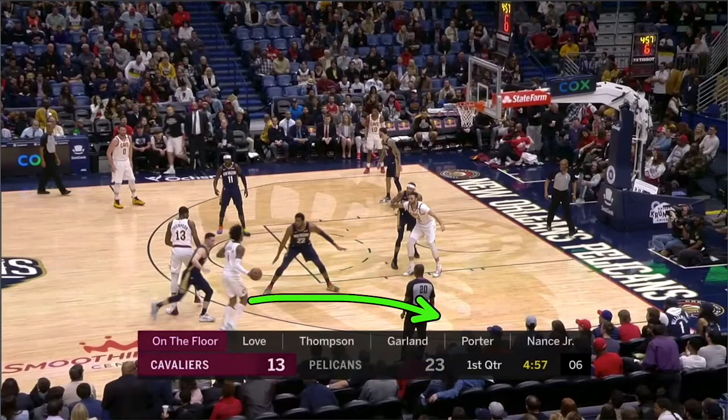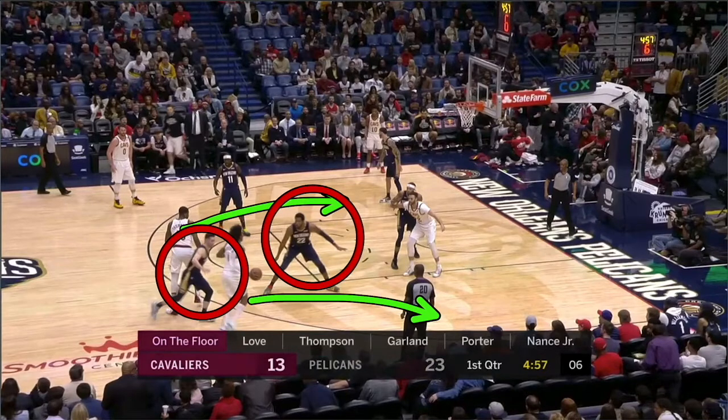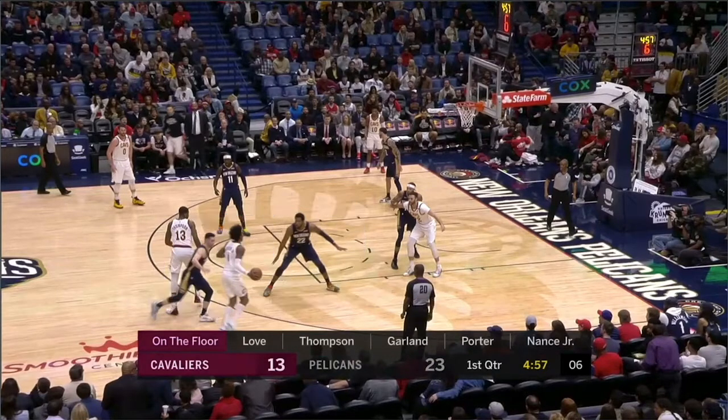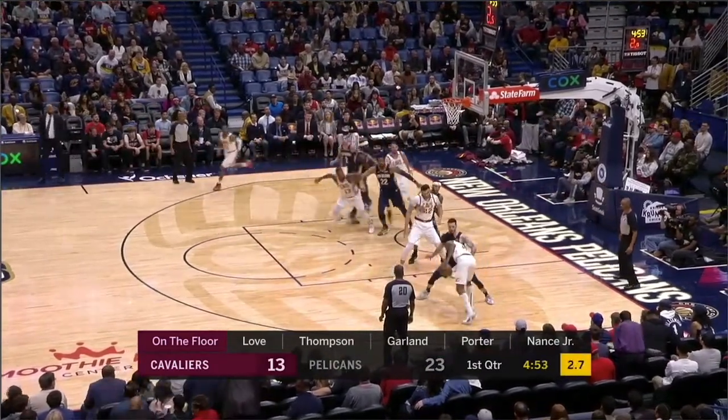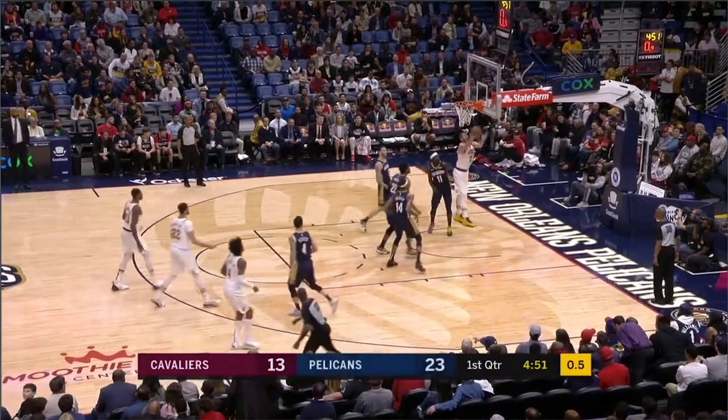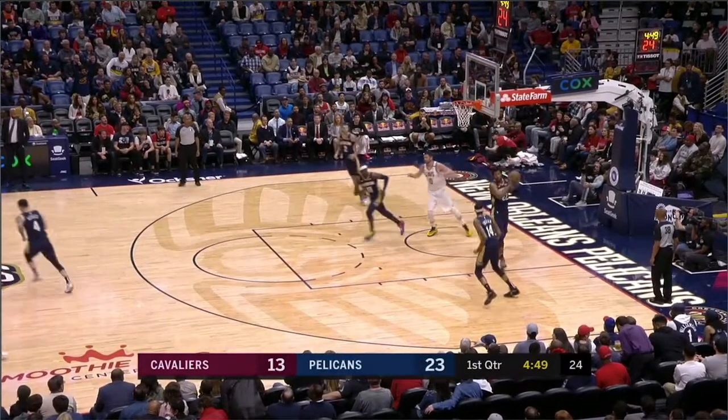This should be a 2-on-1 with the ball handler and the big rolling against this big dropping. This player's behind the play, okay? But instead, this guard is going to hesitate here, which you cannot do on a ball screen, okay, especially against drop coverage. It allows this player back into the play. Larry Nance kills the spacing anyways, and this just turns into a horrendous possession that the Cavs get nothing out of.